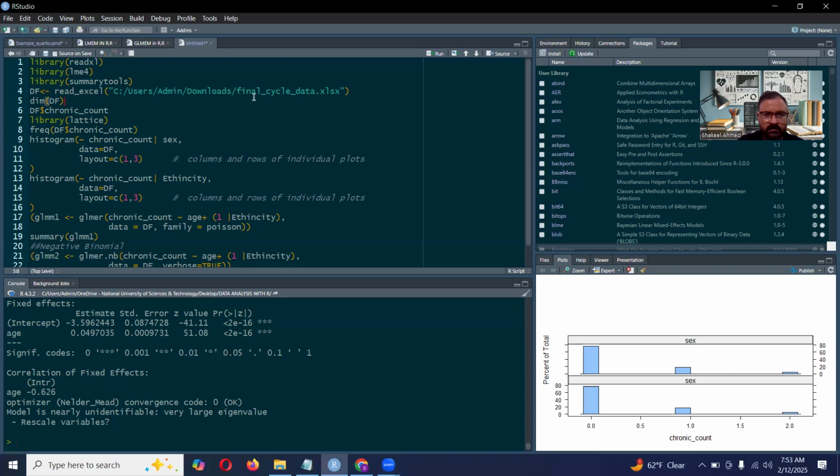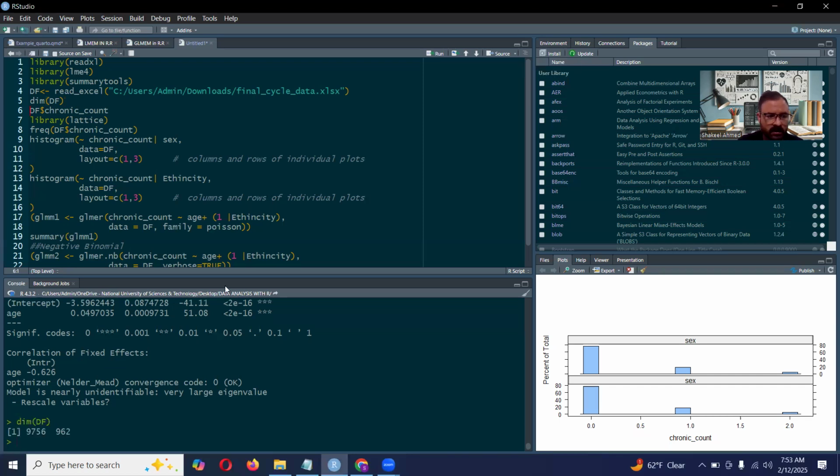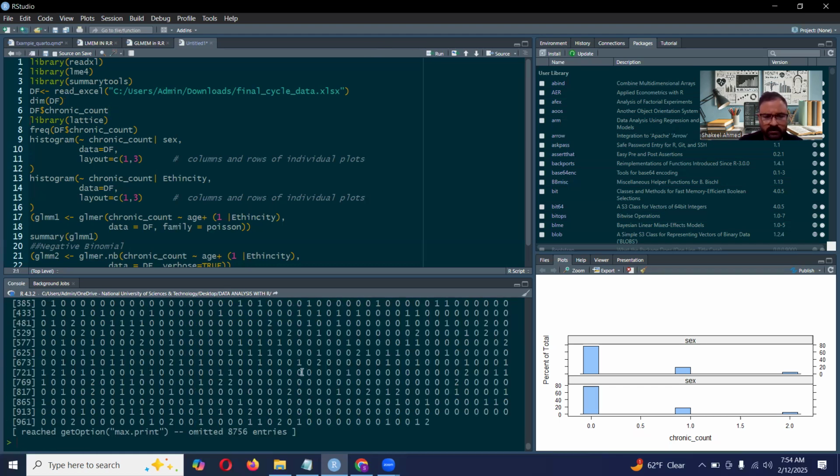And we can just see we have 9,756 observations on 962 variables, and the chronic count is basically number of chronic conditions for an individual that is taken as count scale. And you can see we have 0, 1, 2, 3, and 4 values for the